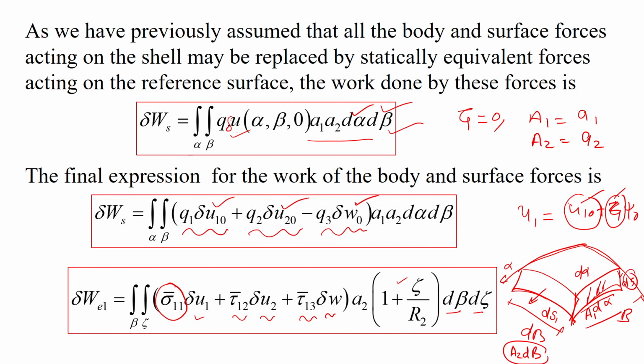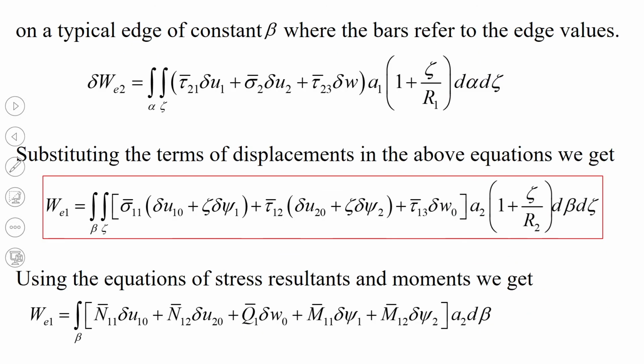So, sigma bar 22 and tau bar 21 del U1 plus 22 del U2 plus tau bar 23 del W, times 1 plus zeta by R1, d alpha d zeta. If we substitute the values of U1, U2 and U3, because we know U1 is del U1 0 plus del psi 1 and so on, and use the concept of stress resultants,